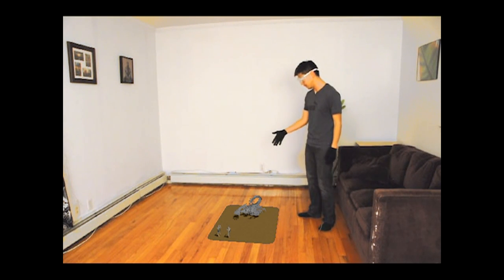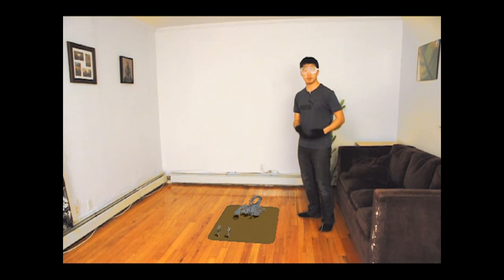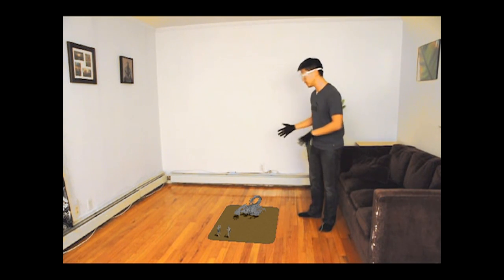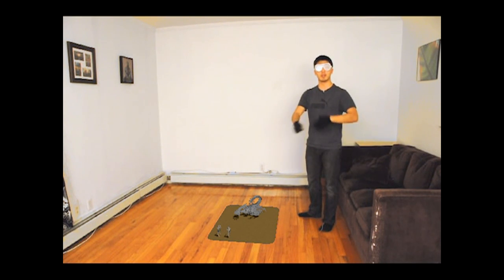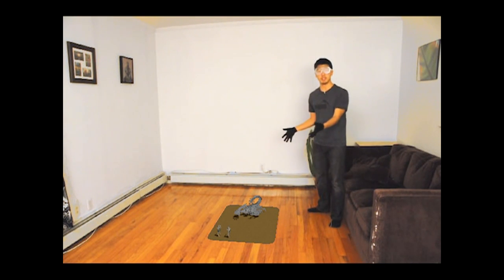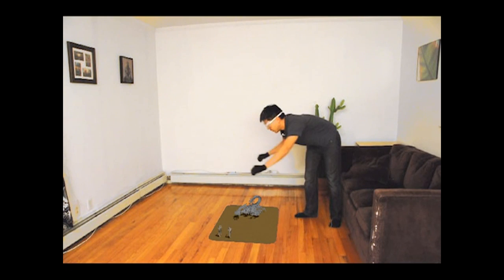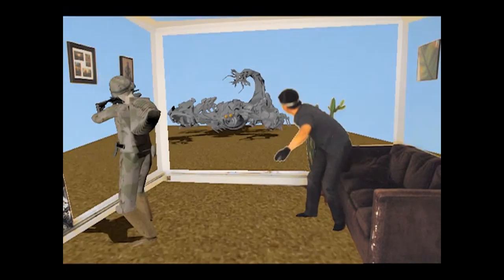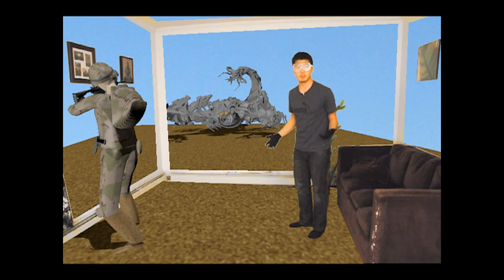So here's a model of the Scorpion from Transformers 3. And I'm not even going to pretend to know how to animate this thing, but I just wanted to present it as an example of what might be possible. I mean, you could watch that crazy epic scene happen in the space of your living room, or you could see it from a variety of different angles, or you could scale it up and see it as a first-person perspective, right?